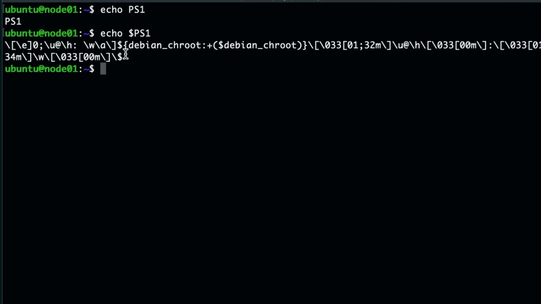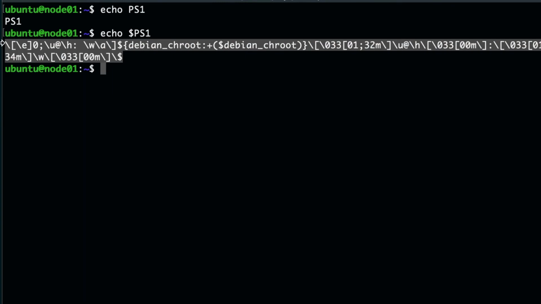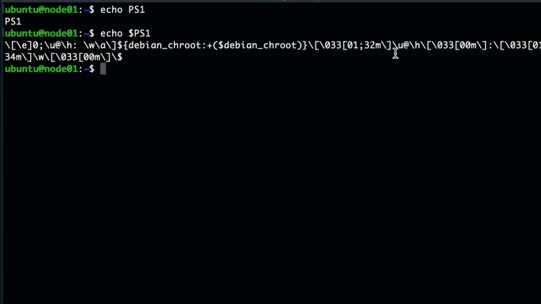So you see that's a complex string here, but we can make some sense like this. This \u means username, which is Ubuntu here. That \h means hostname, which is node01, and there is an @ and there are other things, of course, like these are colors. We have this nice green prompt here.